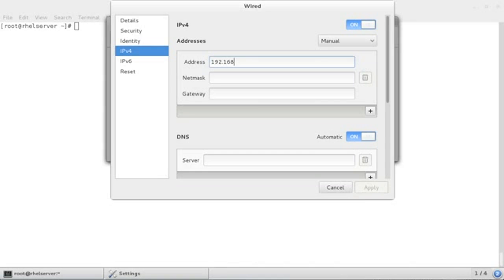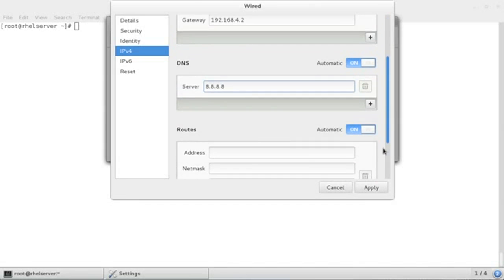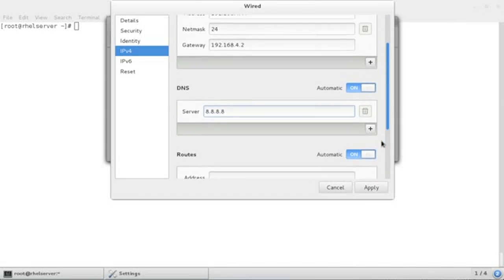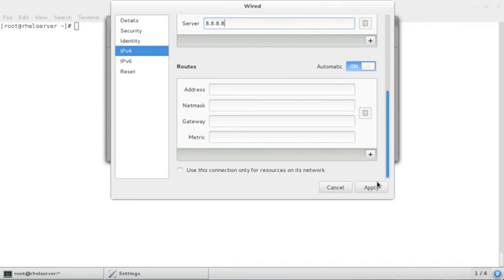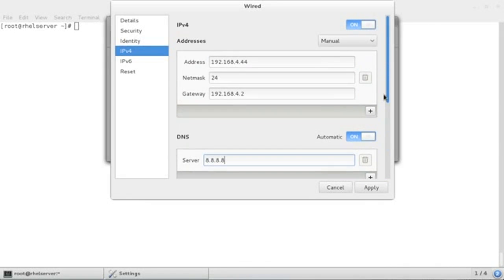So I'm going to use 192.168.4.44 with a net mask of 24 bits and a gateway of 192.168.4.2. Of course, you should verify what exactly you need to use in your environment. Next, there's the DNS information. Let's use Google DNS. And if you want to, you can specify alternative routes as well. I don't want to do that. This is good enough for me. So once I'm happy, I can apply